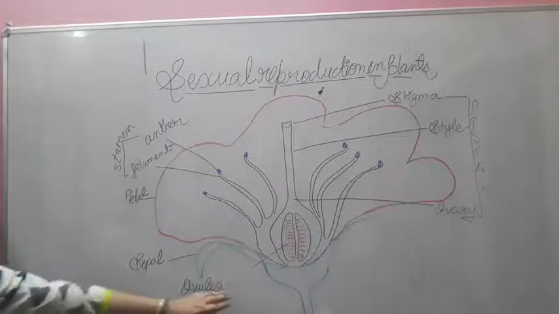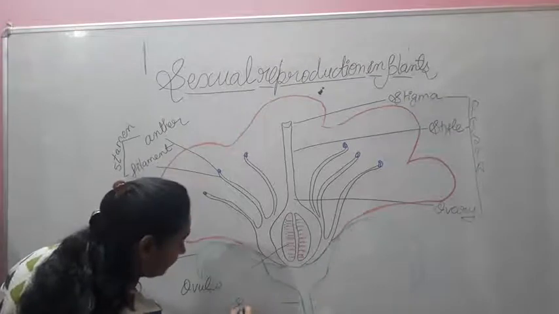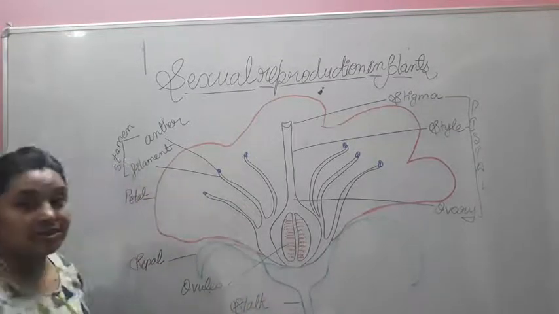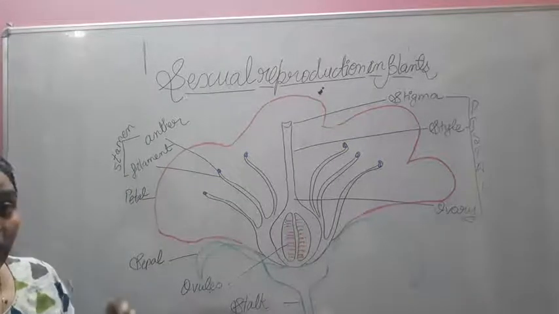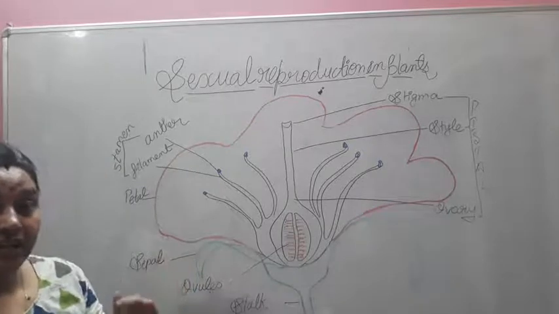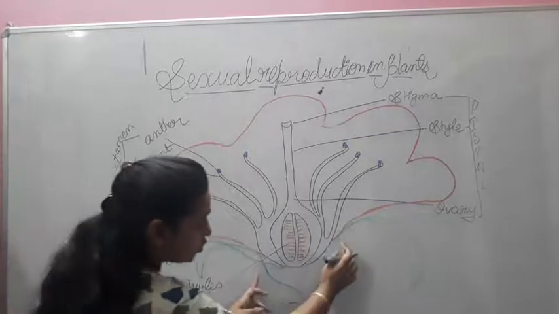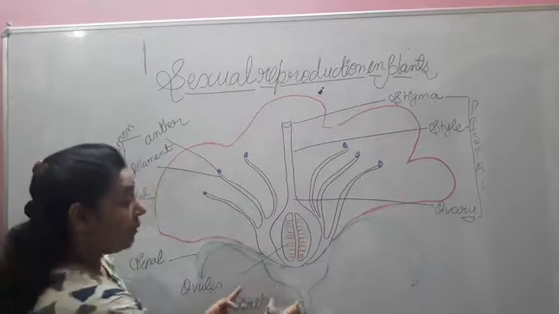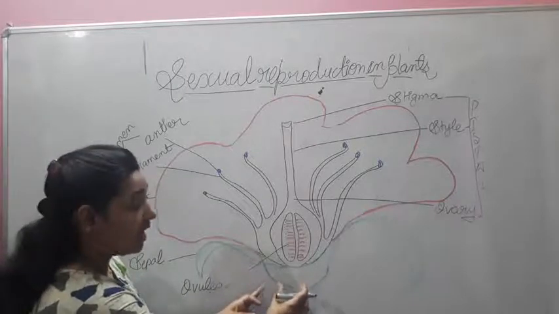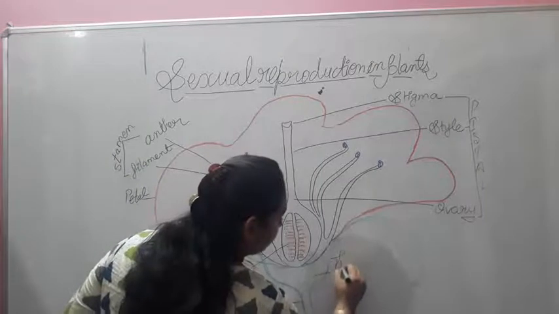This flower has a stalk, and this stalk helps it to stay at one position on the stem, giving it proper support to stand on the stem. Then it has a swollen part which holds the ovary, the female reproductive part. This swollen part is called the thalamus.